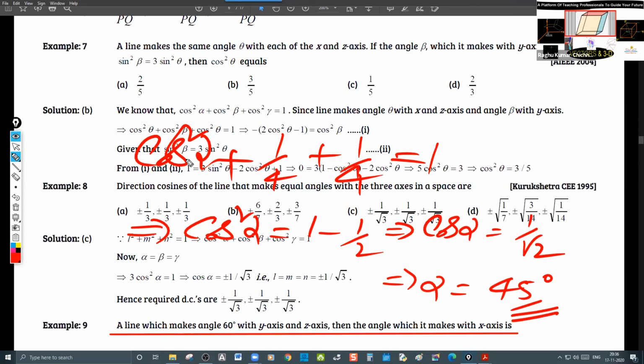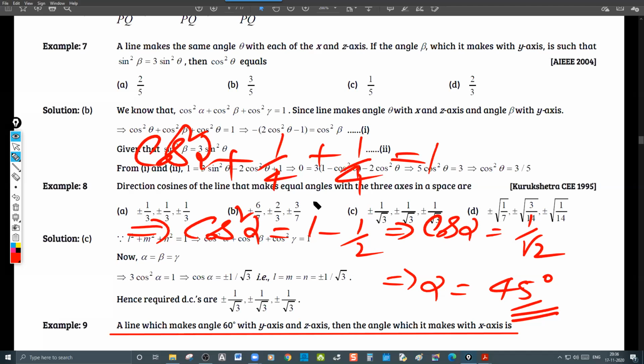No, the relation: cos square alpha plus cos square beta plus cos square gamma. Till cos square alpha, I got everything the same, 1 minus 1 by 2. I was confused and wrote 3 by 2. No, sir, 1 by 2. We have to substitute cos 60 degrees in place of beta and gamma. Yes, yes. I forgot to do the square.